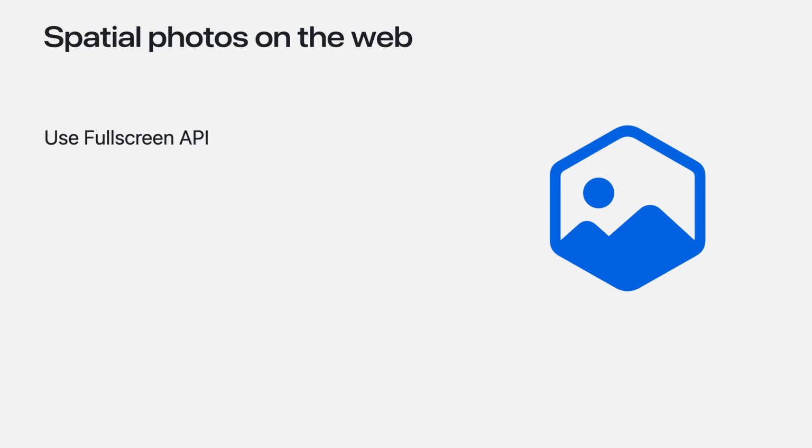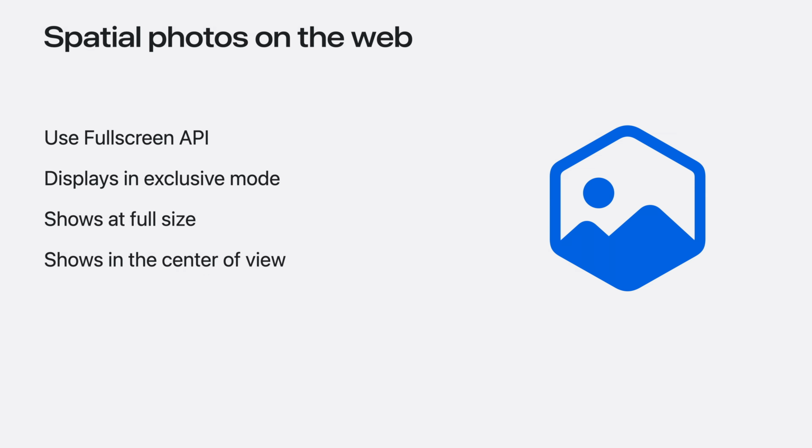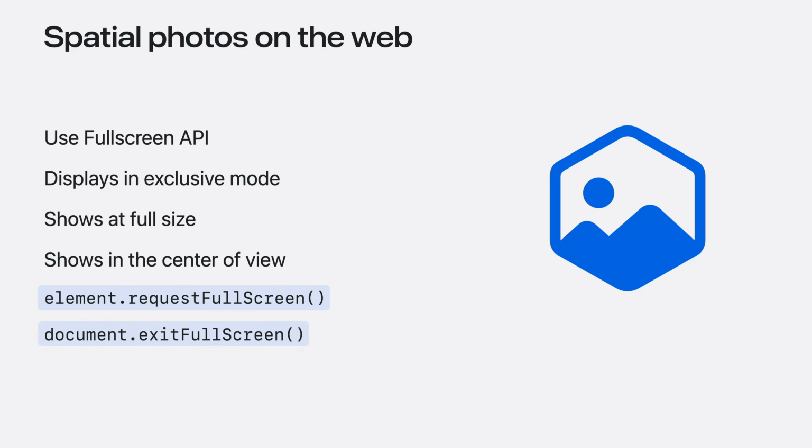Element Full Screen takes your media from Safari into the same exclusive mode view that you'd get in the Files app or Photos app, without needing to download the photo and open it separately. Because the whole space can be used, visionOS is able to show the picture at the correct visual scale for the photo and in the center of the user's view. You kick it off using the requestFullscreen method on the element. Because full screen is such a big change to the user's environment, it'll need to be invoked by a user event like a tap or a click. The user will also be able to cancel full screen at any time, using the home gesture or pressing the crown button. And you can also invoke it with the document.exitFullscreen method as well.